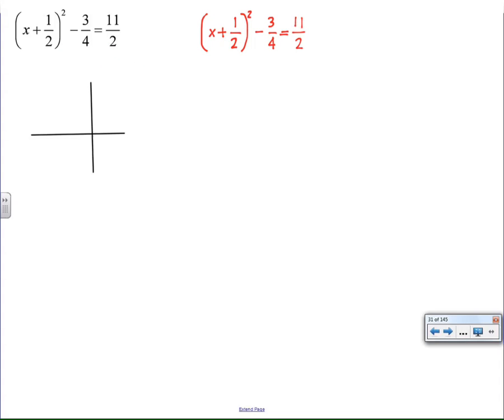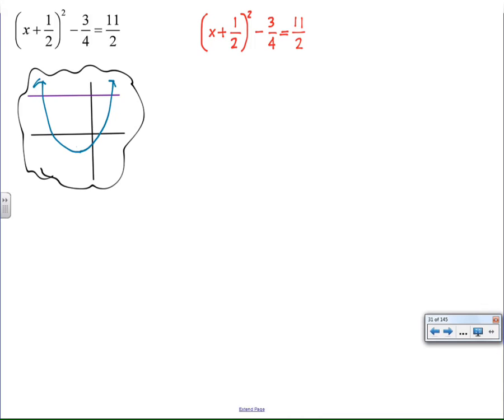So we start by shifting to the left 1/2 and down 3/4. Notice I know where the y-intercept is by inspection. I took a half squared, which is 1/4, take away 3/4, we're going to be at negative 1/2 right here. So that gives me information as to where the parabola is going to intersect the horizontal line at 5.5. Make a more detailed graph,